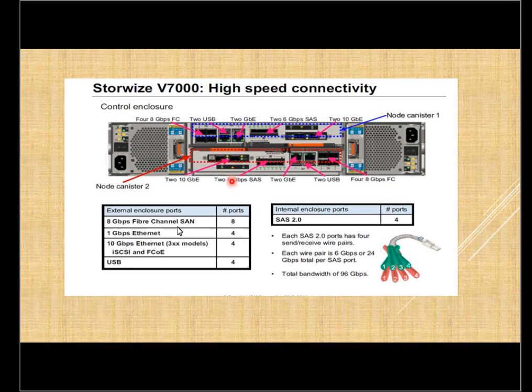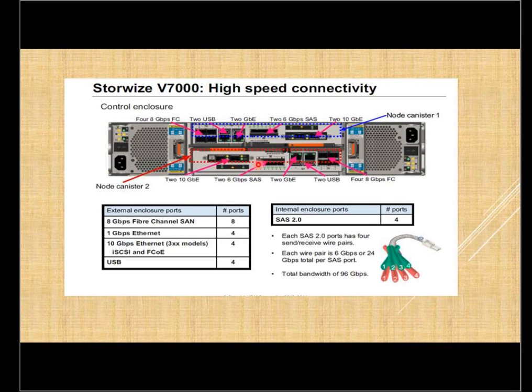Now let us talk about 10 Gbps iSCSI ports. Again, we can have a total of 4 ports. Basically, it is going to be a CNA, converged network adapter, using which you can provide either fiber channel over Ethernet or iSCSI connectivity. A CNA is something where you can have fiber channel and iSCSI connectivity both, as per your requirements.